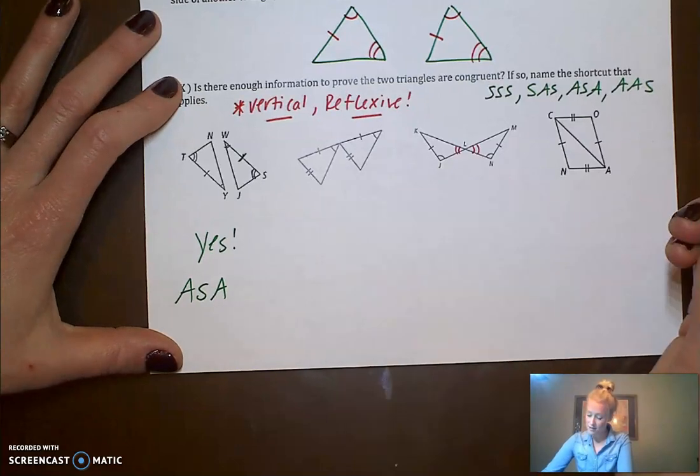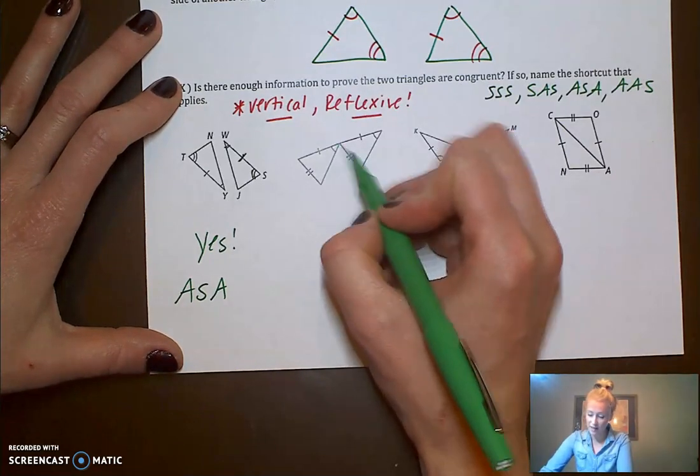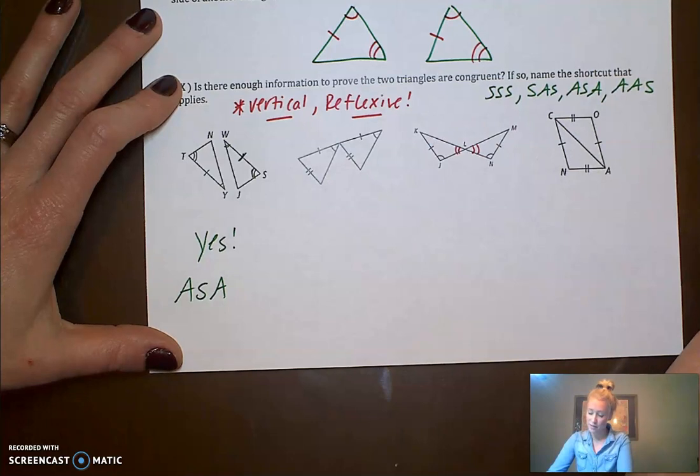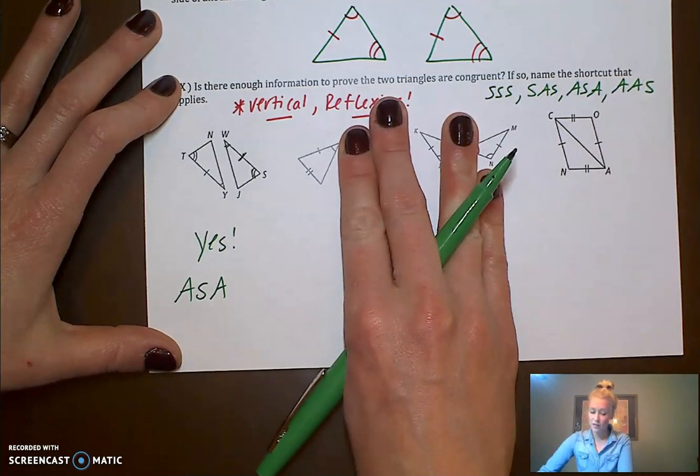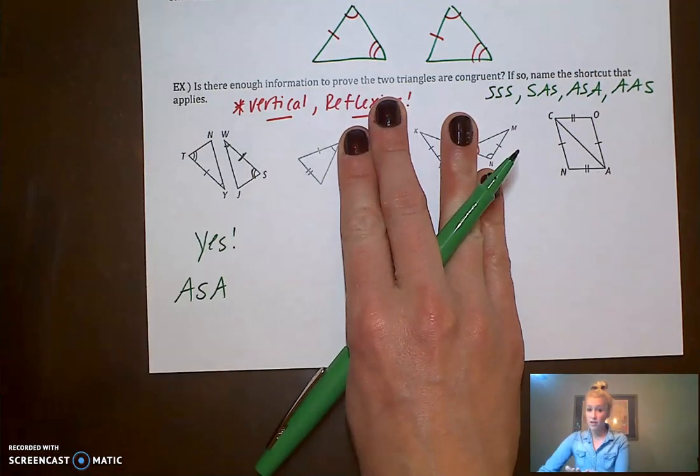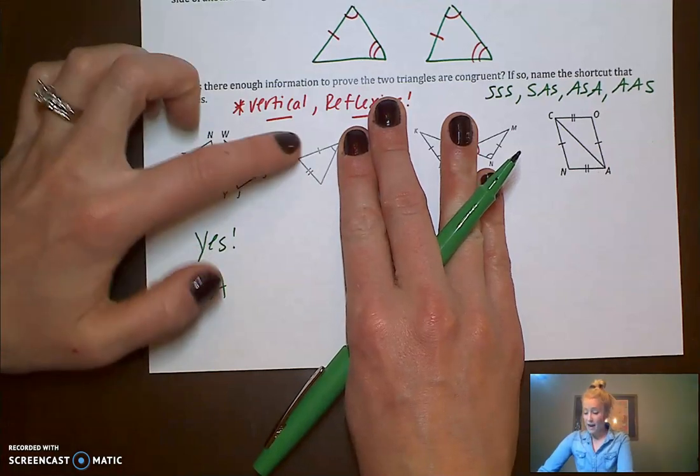The second one, these are not vertical angles. It's not an X right there. I can see how you would confuse it with that. So I just have to look at one triangle on its own. That's what helps me. And I see